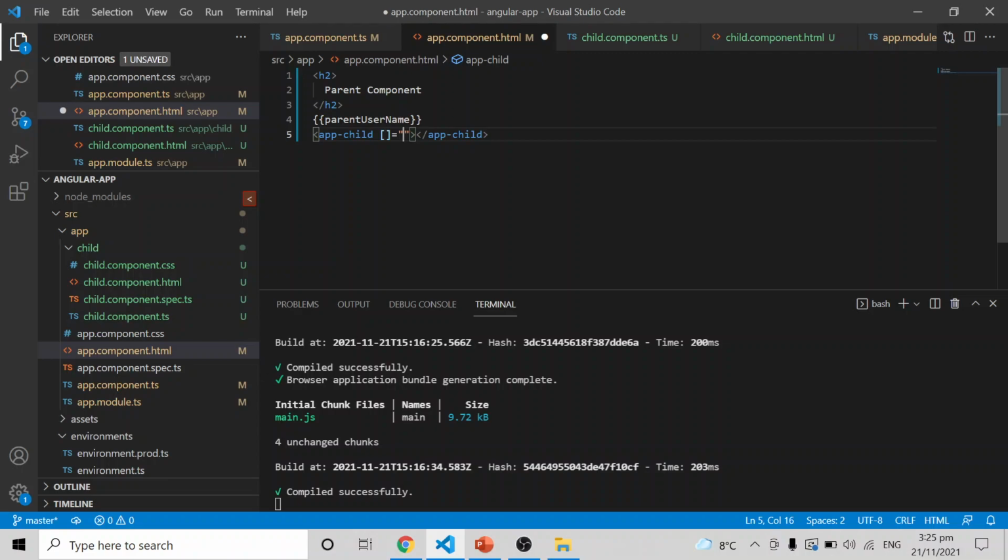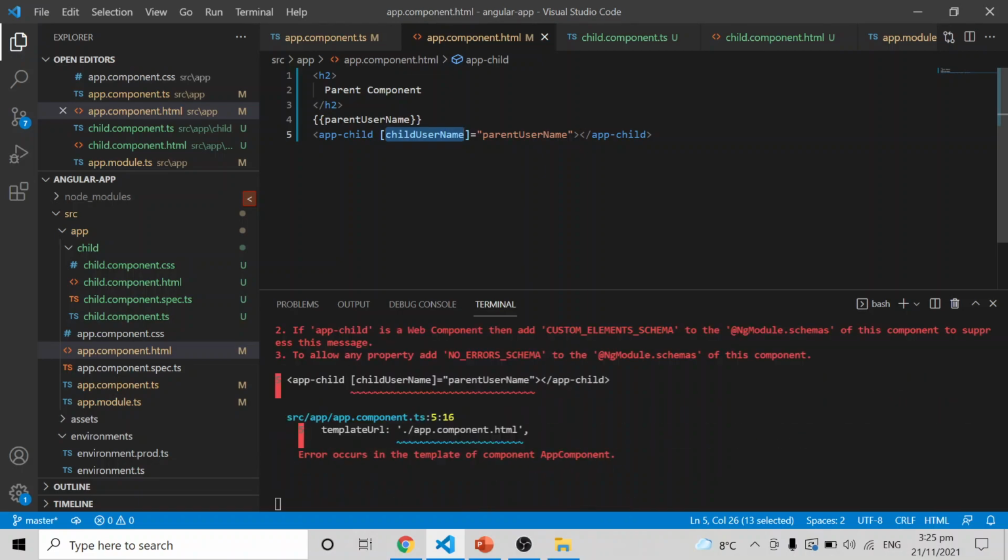Here parentUsername is the variable name I am using in the parent component, and I am passing it to the child component under a variable name I plan to use there: childUsername. So I have passed it.